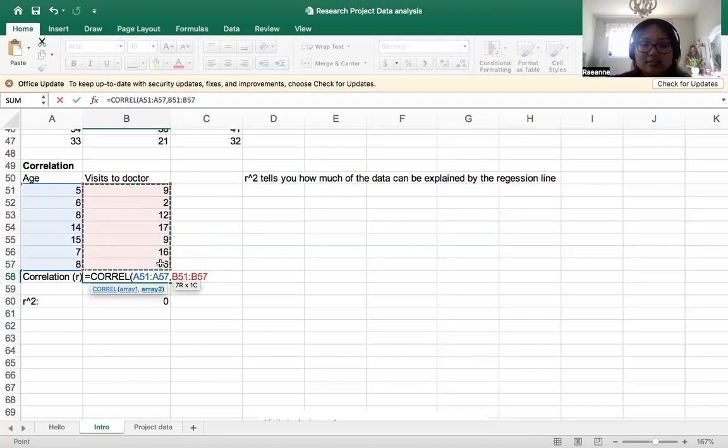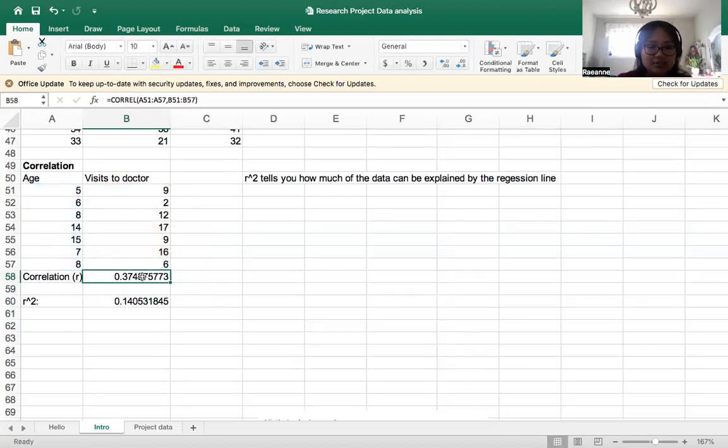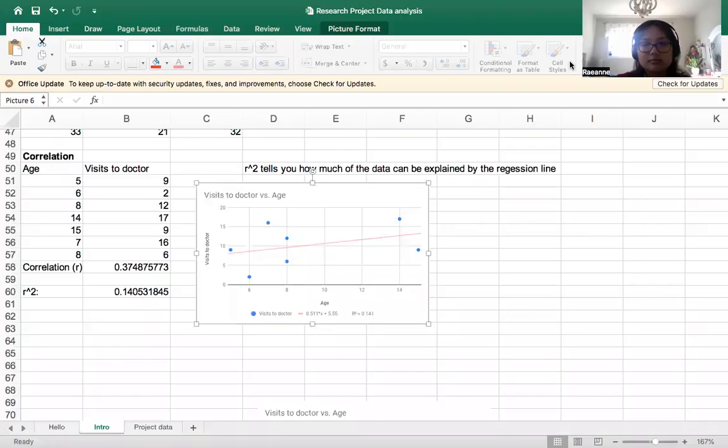And then this data, I'll just show you. It gives you this number, and right away I can tell that this means that there isn't really a correlation. And so I'm going to graph it out and explain to you what I mean by that. So I just made a quick graph right here, visits to the doctor versus age. And all of these are the data